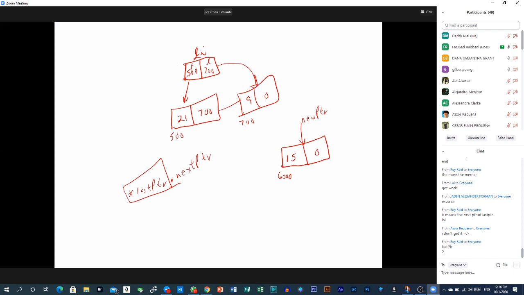Now this, the dereference took me here, and a dot next PTR said, okay, now give me this part. But then I have to put this in parentheses because the dot has a higher precedence than this. So the arrow is the equivalent of writing this like this. The arrow is the same as this. This arrow is the same as if you wrote the dereference followed by a dot. It's just a shorter notation. It means go to that location. Once you're there,